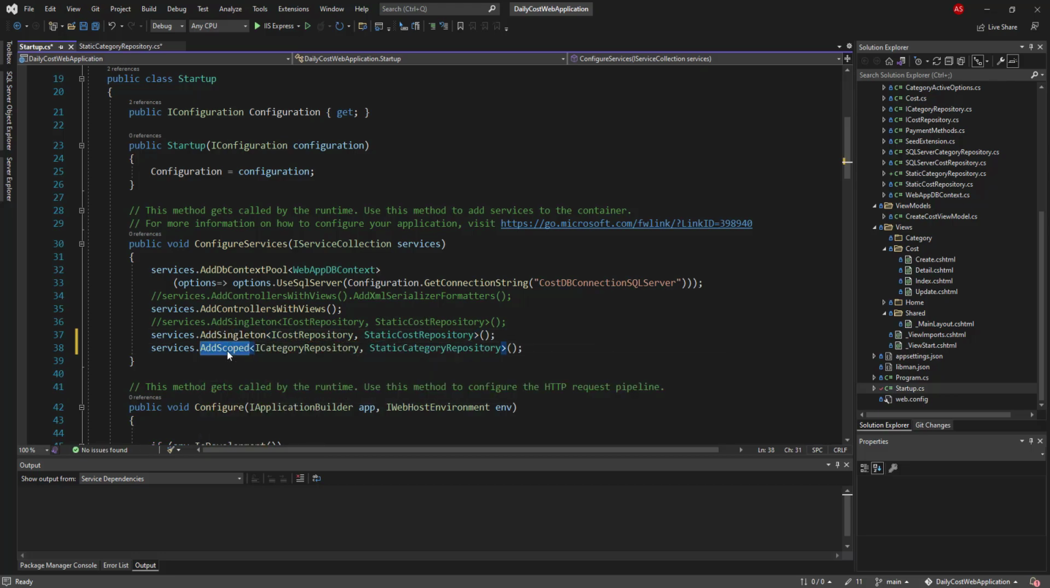First, I check AddSingleton, and I expect to have this object for the whole life of the web application. The object of a static repository should be created once and it should be valid for the whole life of the web application. Also, I need to do some modification inside